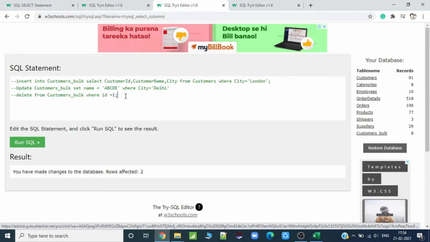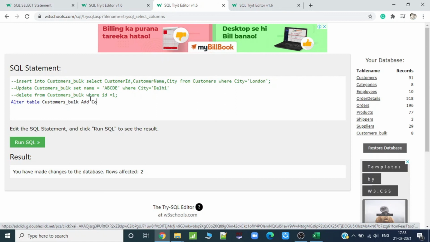Now there might be conditions when you have to change the table itself, like you have to add one more column. So you use the alter table condition. Which table do you have to alter? Customers bulk. You have to alter customers bulk where you have to add what you want to add.